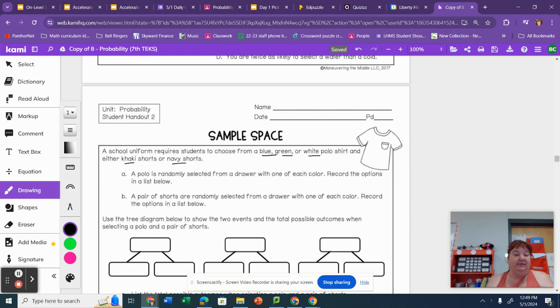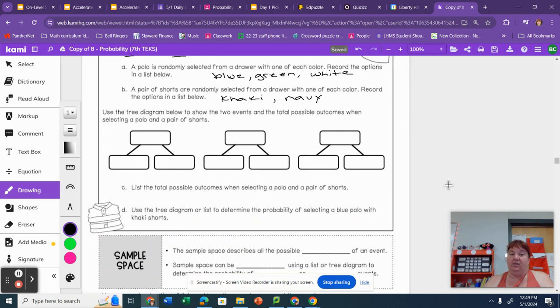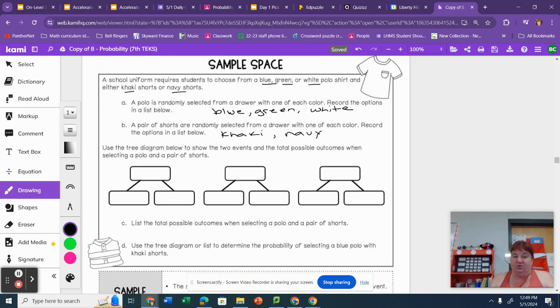So, if we randomly chose a shirt, what colors could we get? We could get blue, green, or white. If we randomly chose shorts, what could we get? We could get khaki, or we could get navy. If we were to put that in a diagram below, what that would look like is, let's do our shirts first. Blue,